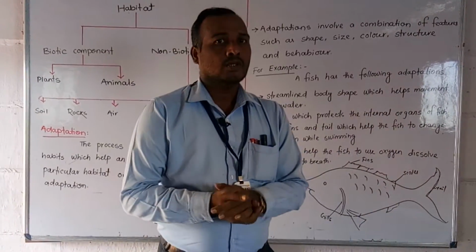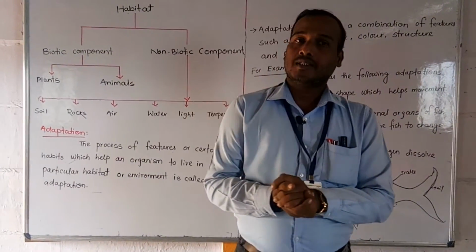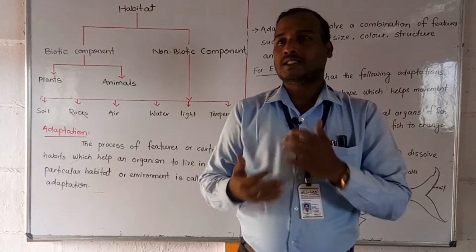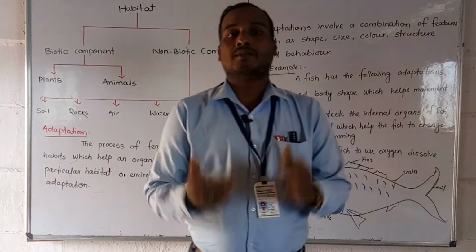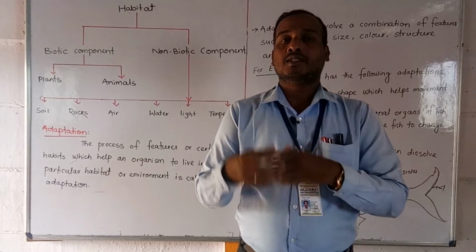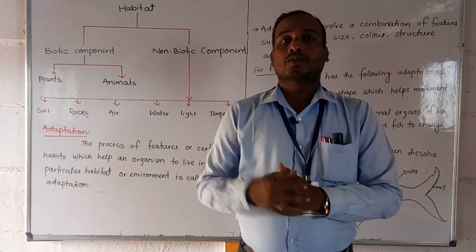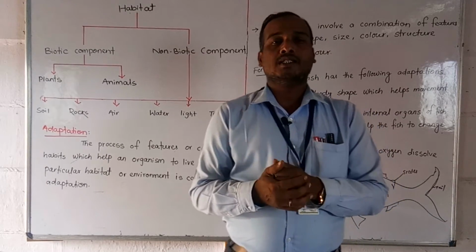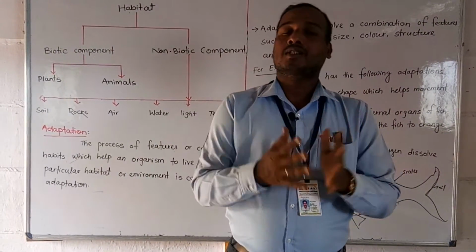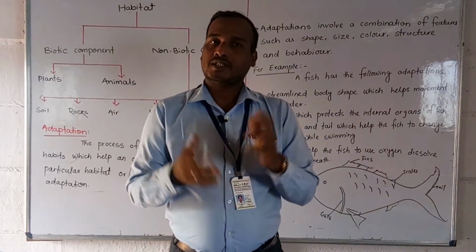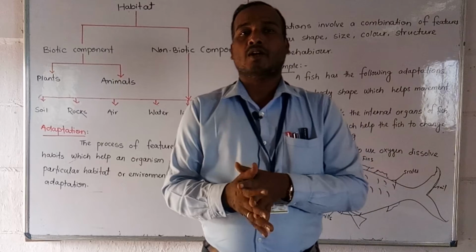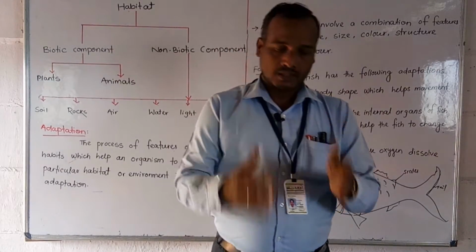Okay students, let us discuss what the components of habitat are, using a wave chart, and next we will discuss what adaptation is. Adaptation means the things that help living organisms to exist and live their life in the habitat. So that is called adaptation. Let us discuss thoroughly what a habitat is and what the components of habitat are, by wave chart.